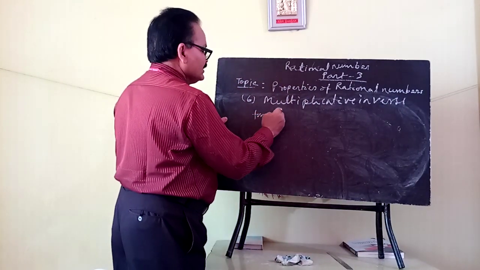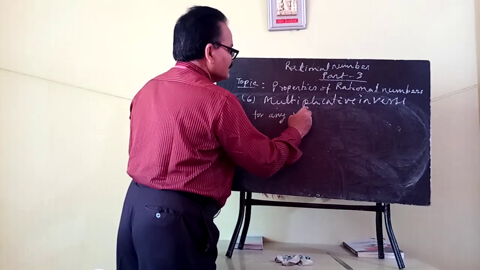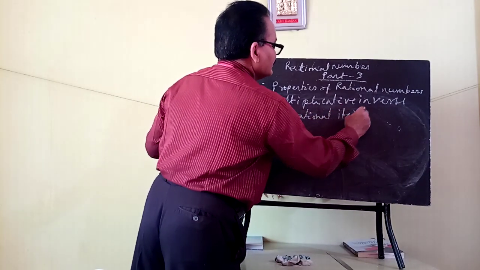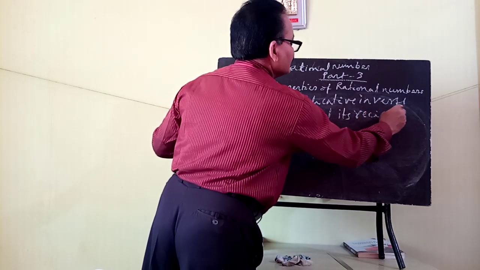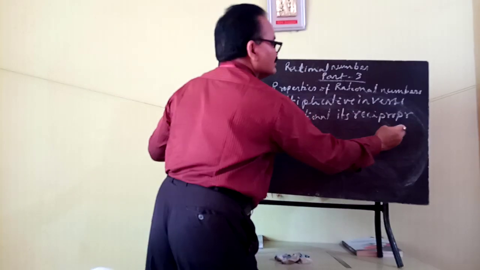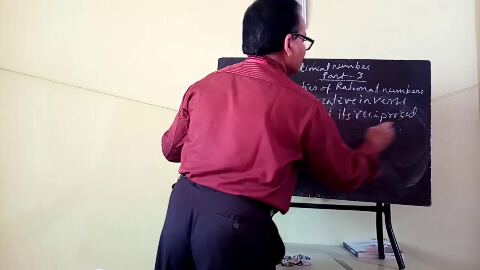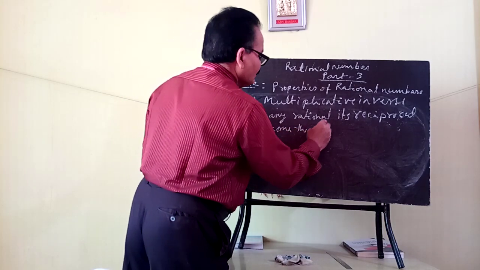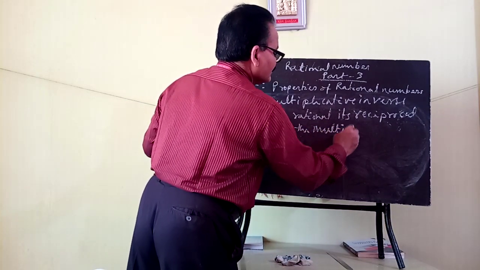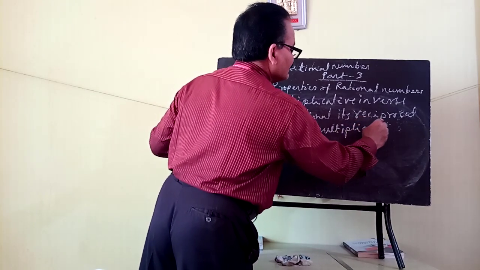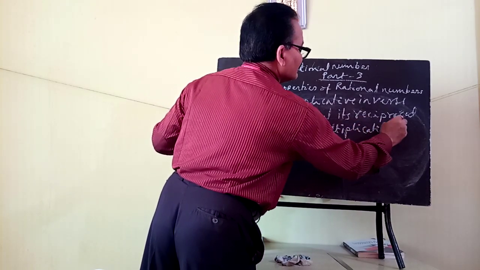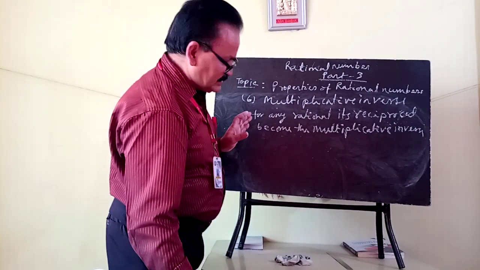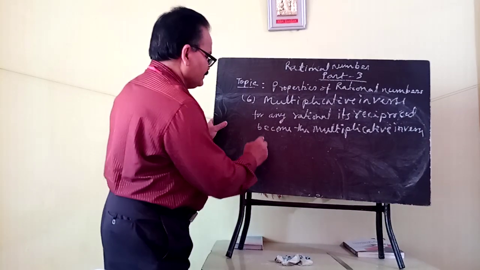For any rational, its reciprocal becomes the multiplicative inverse. As for example,